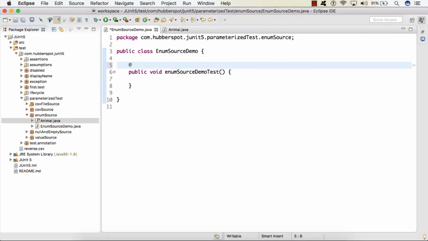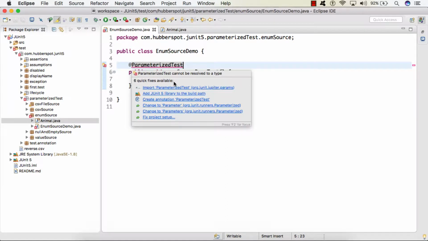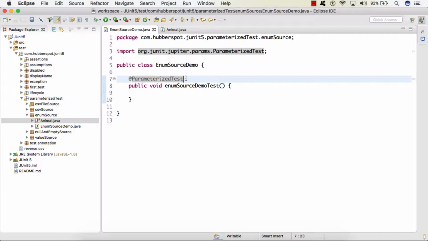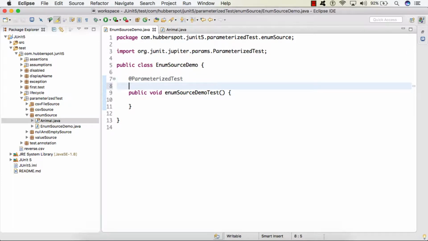Here I will annotate it with @ParameterizedTest, we'll import it, and then we'll provide the @EnumSource annotation.